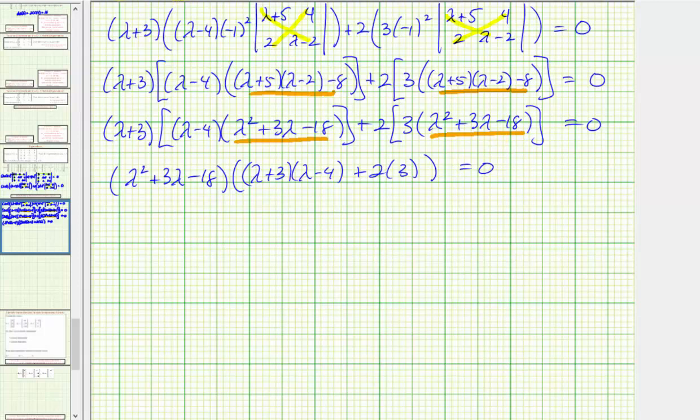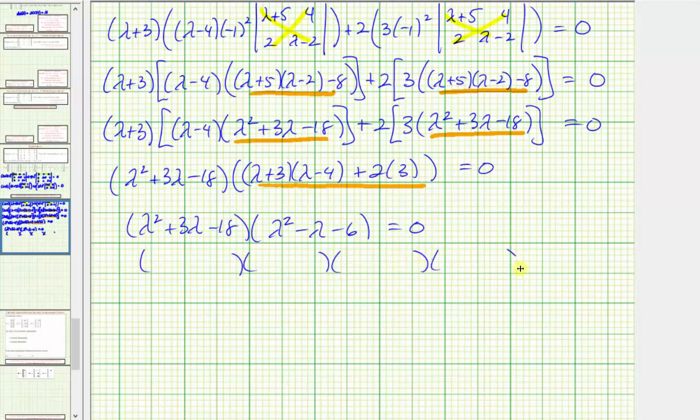So now for our next step, let's go ahead and simplify inside these parentheses here. So we have lambda squared plus 3 lambda minus 18 times, here we'll have lambda squared, and then minus 4 lambda plus 3 lambda, it's minus 1 lambda or minus lambda, and then 3 times negative 4 is negative 12, but then we have plus 6, so minus 6 equals 0. Both of these trinomials will factor